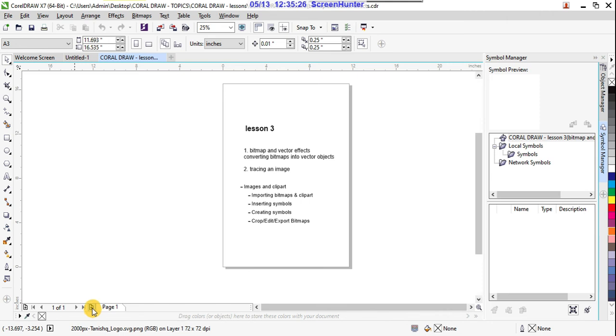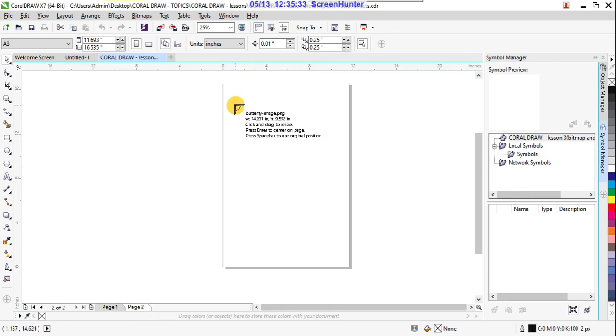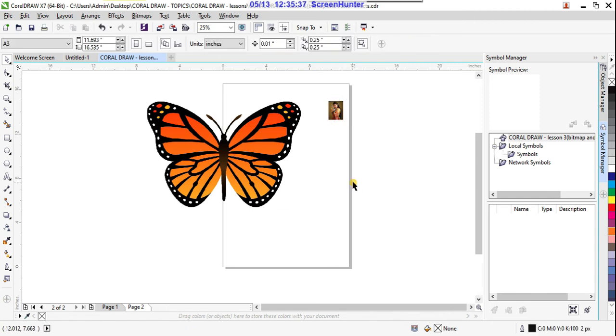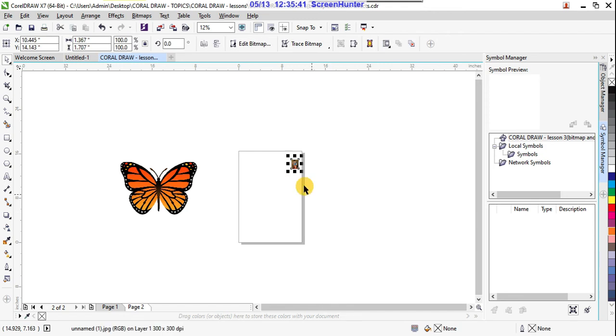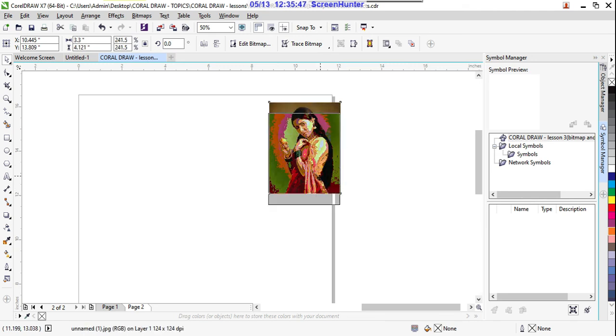I'm creating page 2, right? In page 2, so I'm importing here, here and here, right? These three, right?